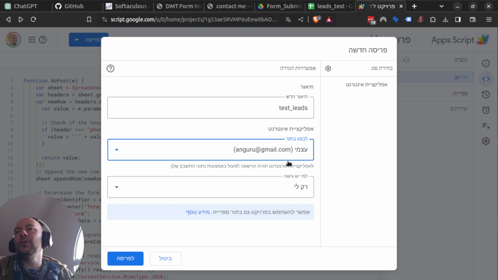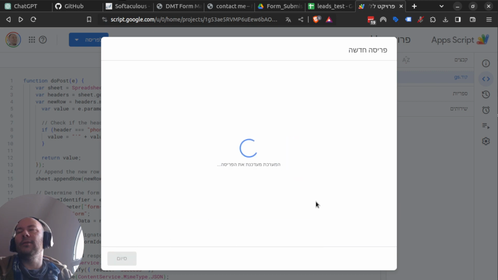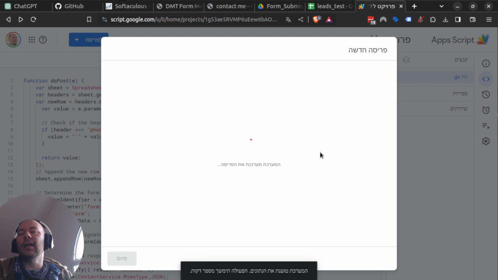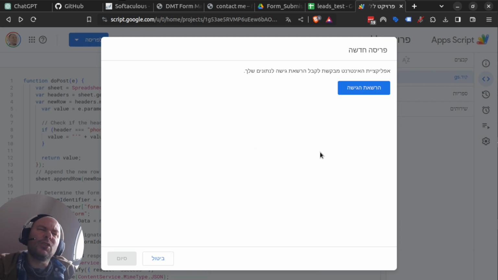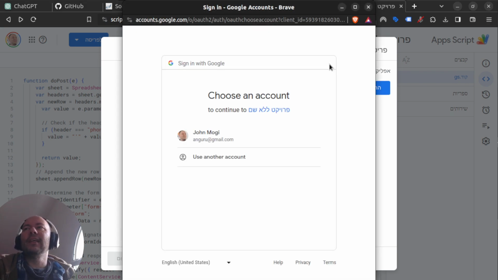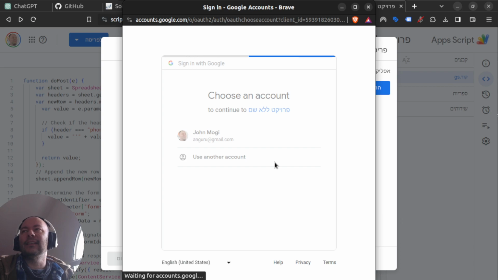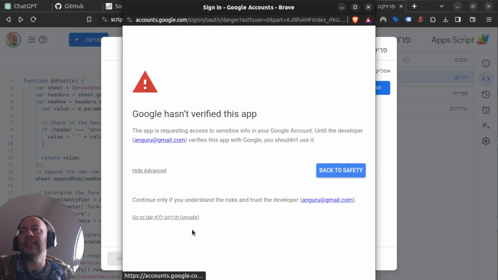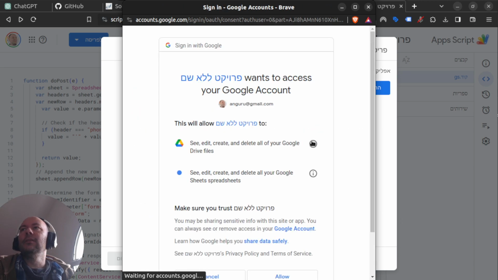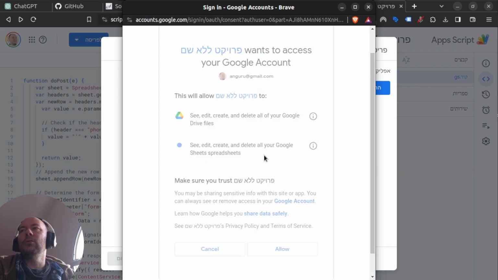Now I'm gonna do it as myself, but anyone can use. So this deployment actually gives me the URL that I need, and it's sort of a webhook. And then I need to give it access as we've done before because it's gonna do stuff in my name. So yes, I'm gonna allow,